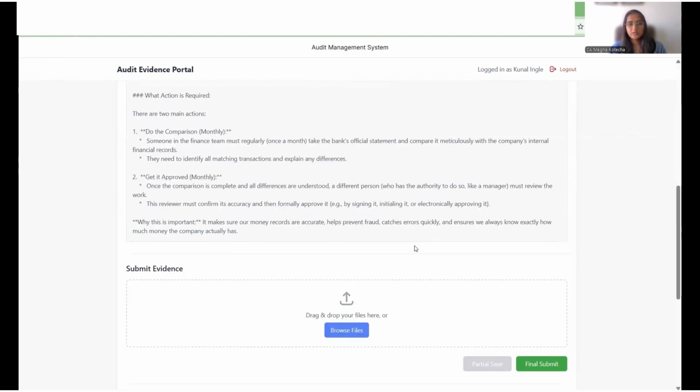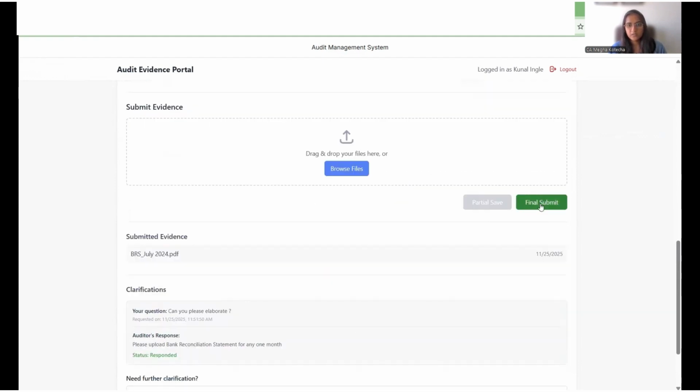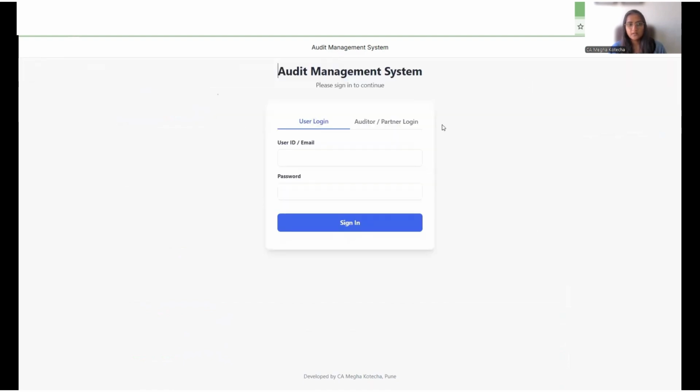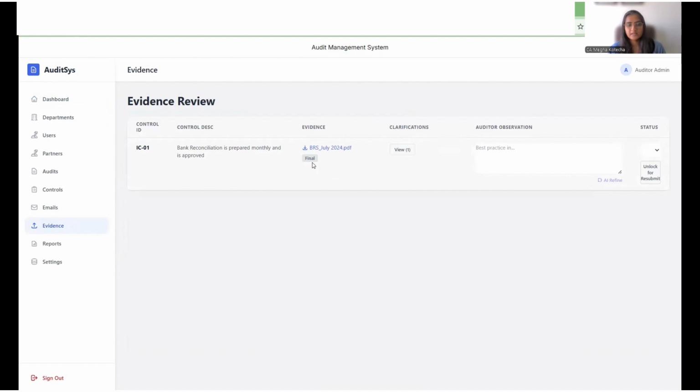And we see now the evidence tab is again open for resubmission. So for now I'll say this is a final submit. Now let me log out from here and do the auditor login. When I go to evidence, it says final, as the user has clicked it as final. Now say the evidence is received and the auditor is satisfied with it, he can draft his opinion and observation here. Say BRS is received